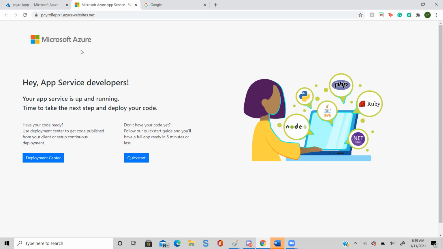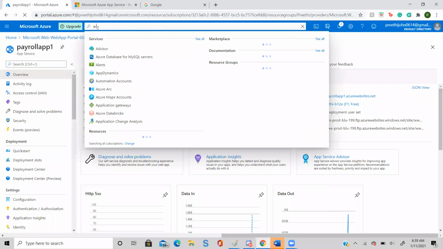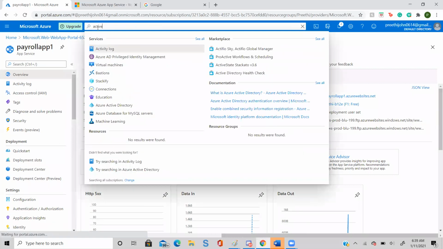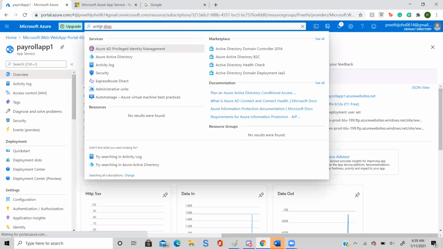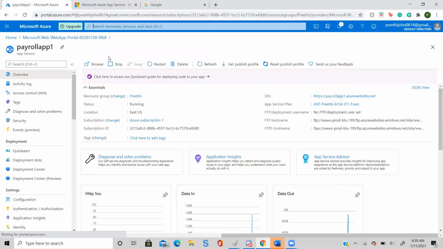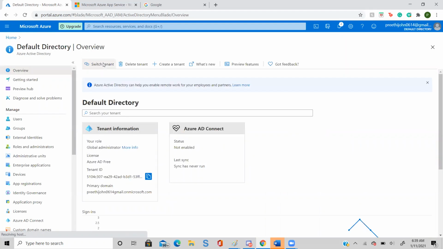Go back to Microsoft Azure and just click Active Directory on the search box. Click Azure, the second one. You remember in your very first class we did that exercise. So click user on the left hand side.